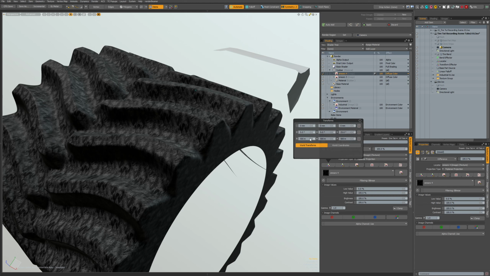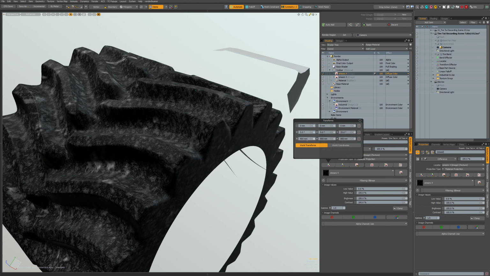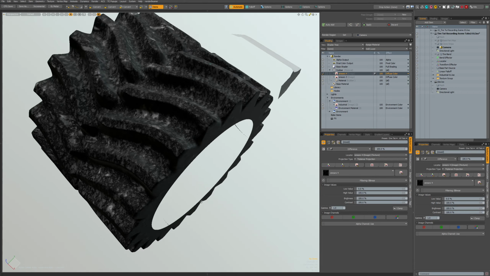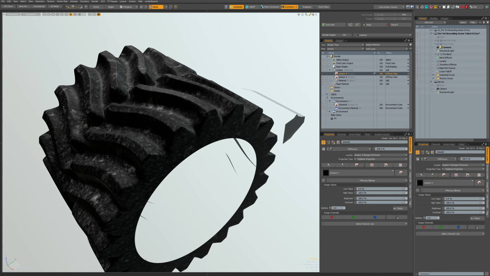Maybe a bit bigger. No, it's 800 millimeters again, always the same. And now it's quite random and not repetitive.